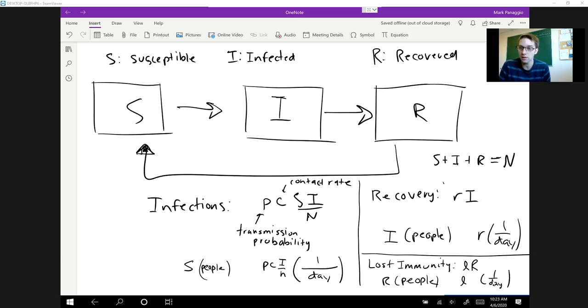But we could also think of that as, for each person, we flip a coin. And on average, again, we'll expect a certain number to get sick, but each person would therefore have some probability of getting sick. And if you look at the units, then the appropriate probability that would give us the correct average would be PCI over N.